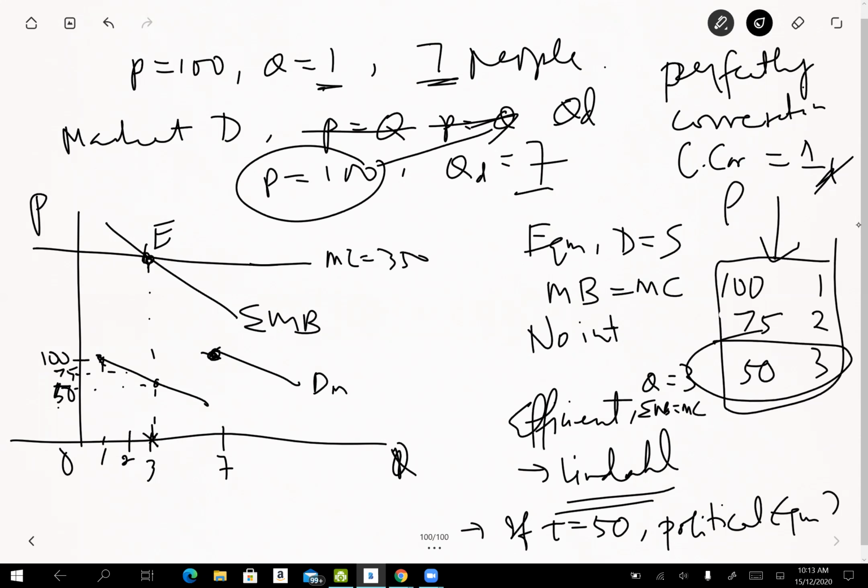I'm not going to ask you something like this. This is tricky. Sometimes it's not clear, but it should be clear. If you want to give the demand function, give the point. That will be easy for everybody. So I will not ask you something like that. I'm not going to ask you tricky things to find something. Now, if Q equal to 3, the price equal to 50, what is the political equilibrium? What is the political equilibrium if you do the voting now?